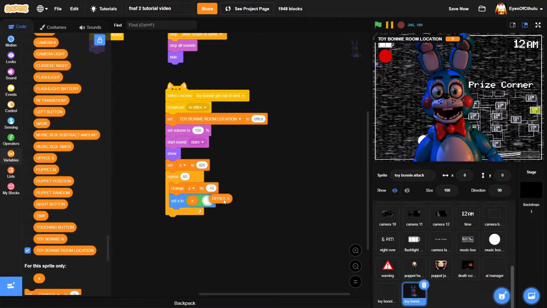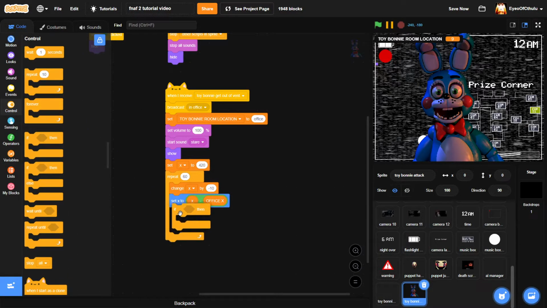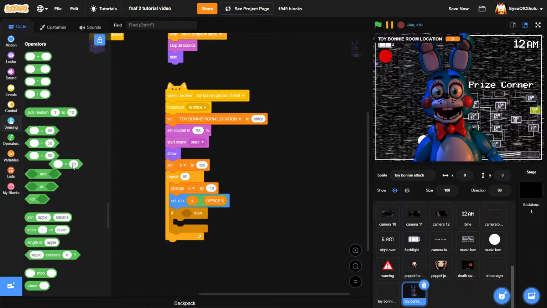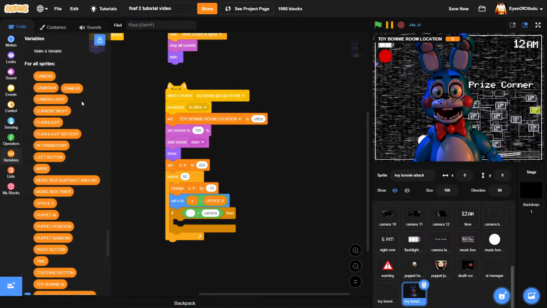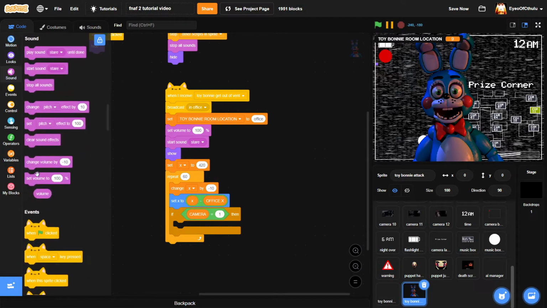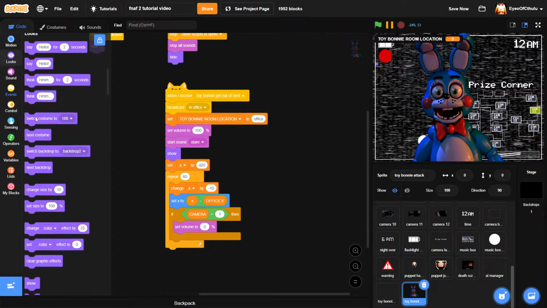Right here, office x. Yep. And then we're going to go to if equal to. If camera, no, wrong thing, my bad. If camera is equal to 1, we are going to set volume to 0, hide,